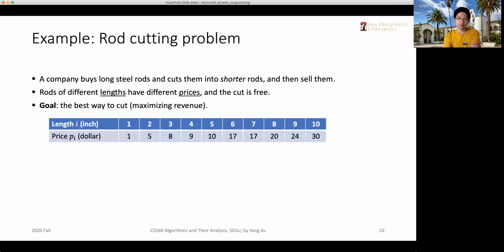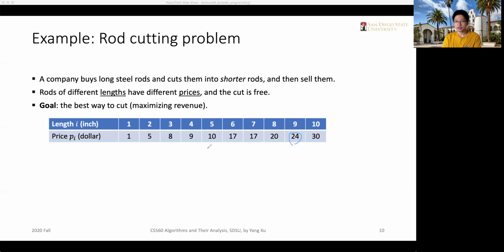Okay, so we will be given a table. So that table is the piece of information that we know. Okay, and in this table, the first row is the length. Okay, from 1 inch to 10 inch, we have 10 integer numbers. That's the first row, and the second row is the price for each small segment. So the rod of length 1 inch sells for $1, and the rod of length 9 inch sells for